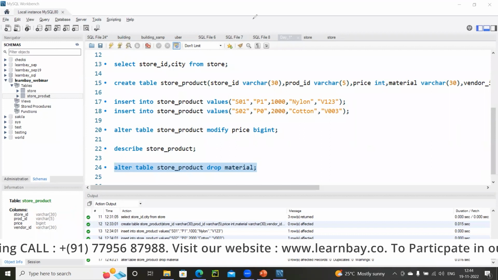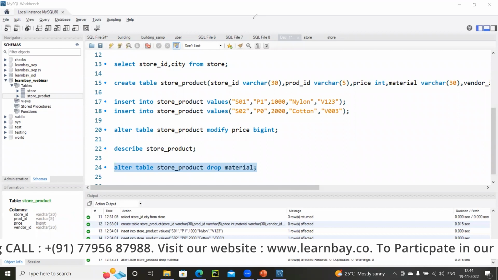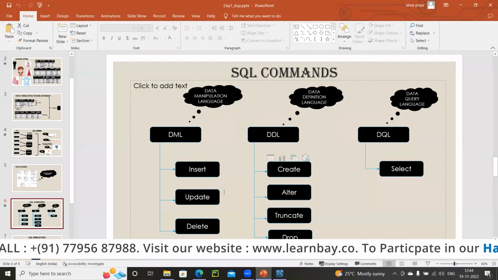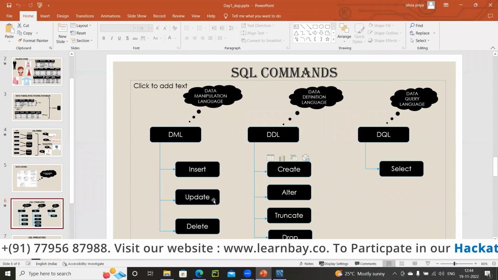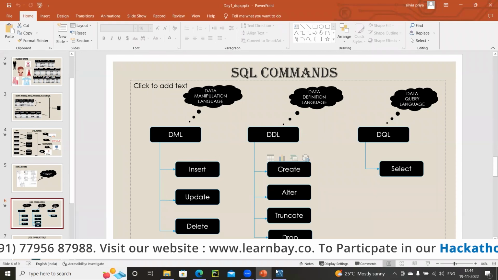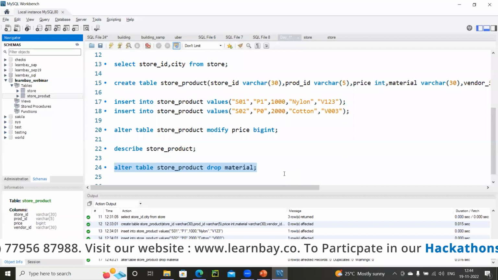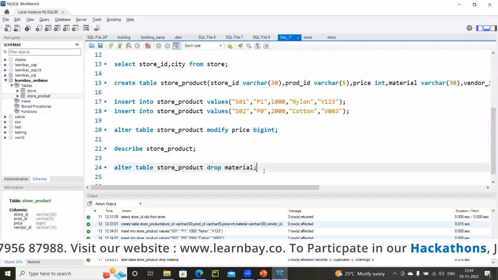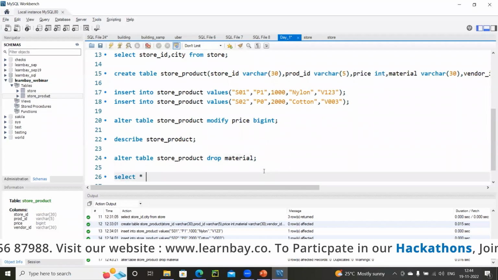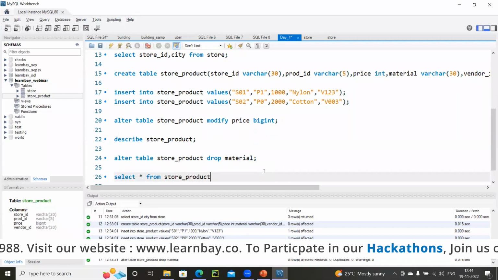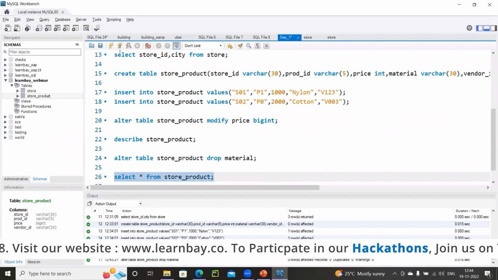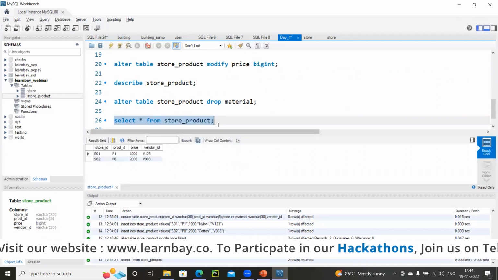Now let's move on to update. Because right now I have some values inside my table, I'm going to update some records inside my table. For that, let me quickly view my records. These are the values, right?